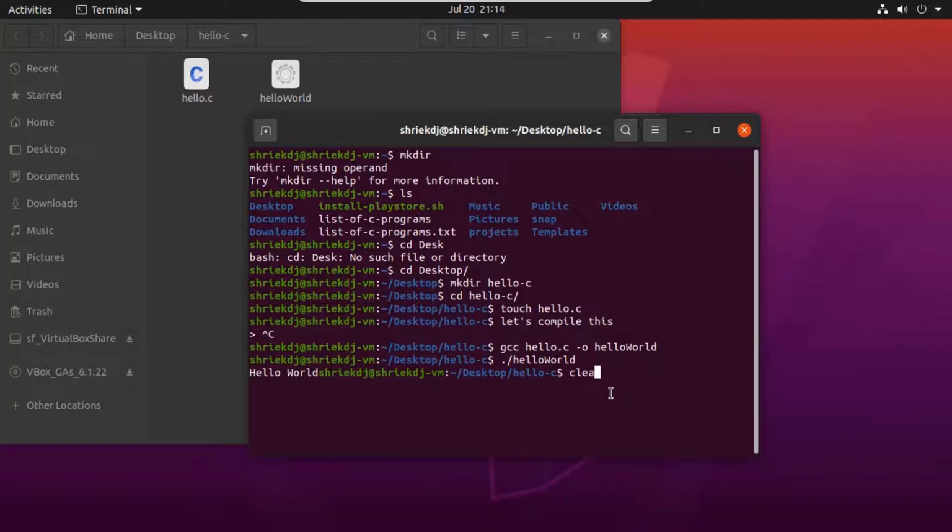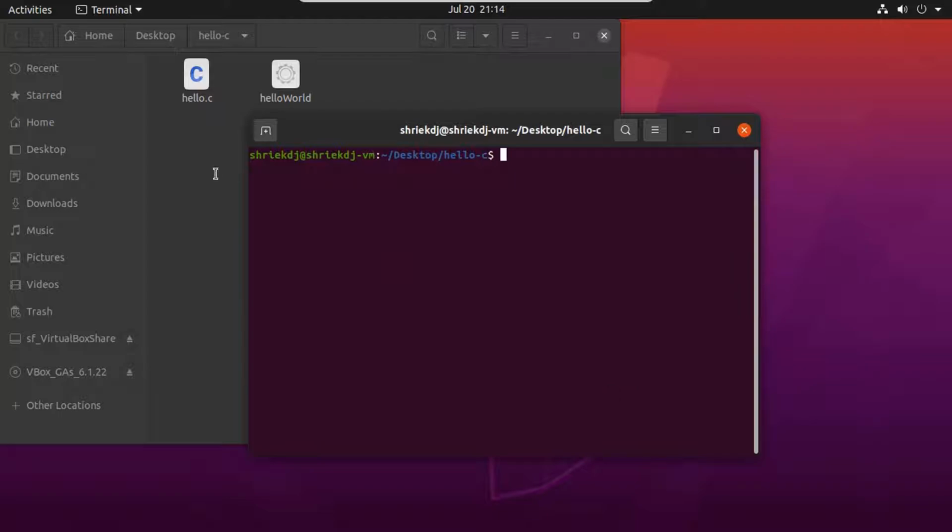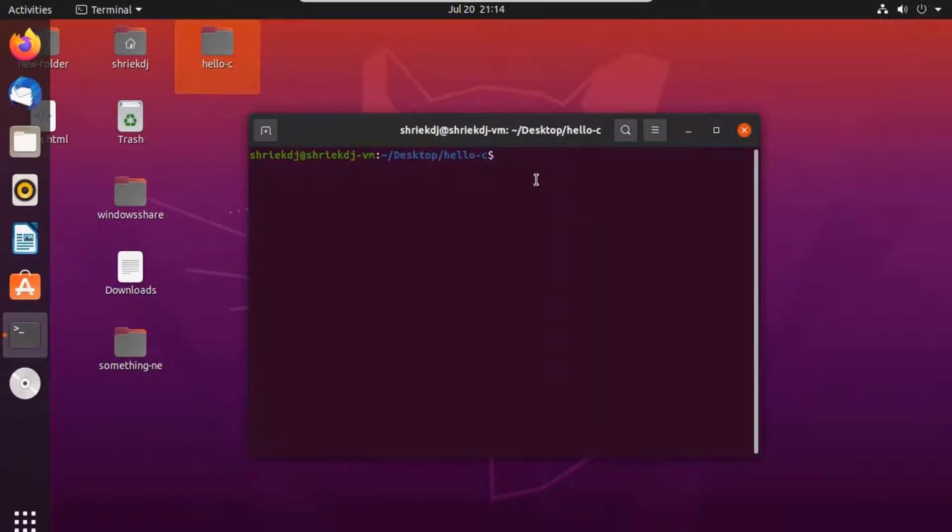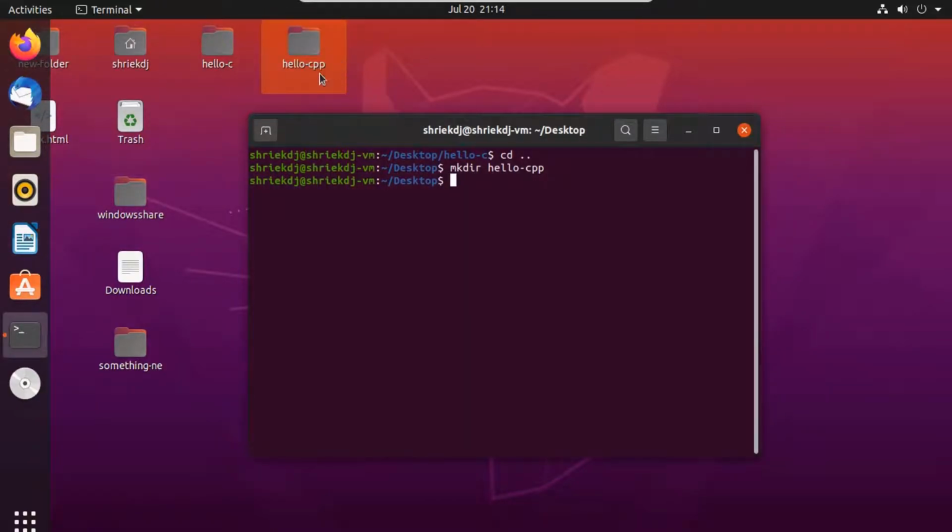Okay, let's clear this. Let's check now the hello cpp. So we have to create a directory named hello-cpp on our desktop: mkdir hello-cpp. It is also created. cd hello-cpp.